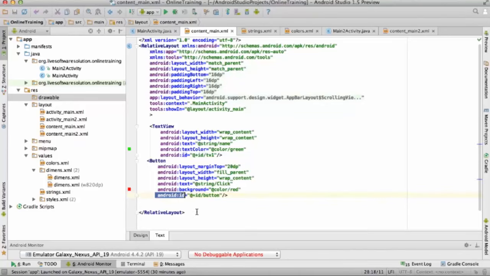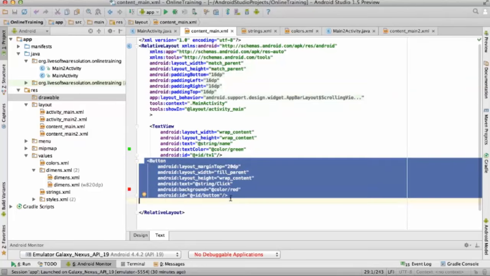Yes. Now, this is the way we can create our ID, either using @ plus ID or using @Android colon ID. Now there is a third way also. What is that third way?